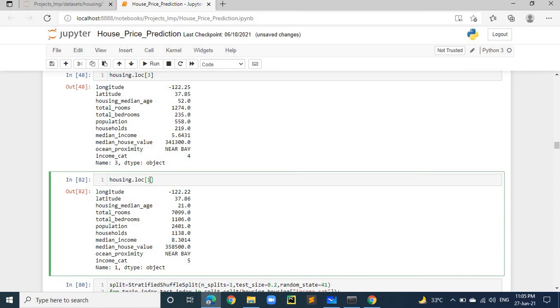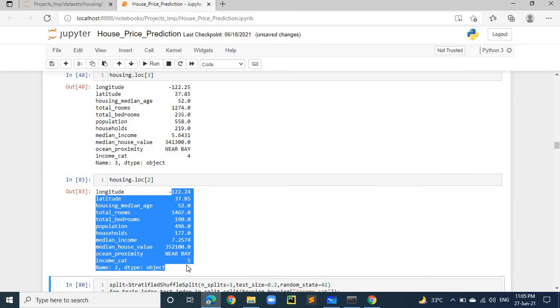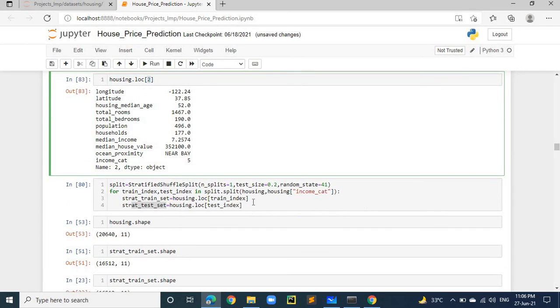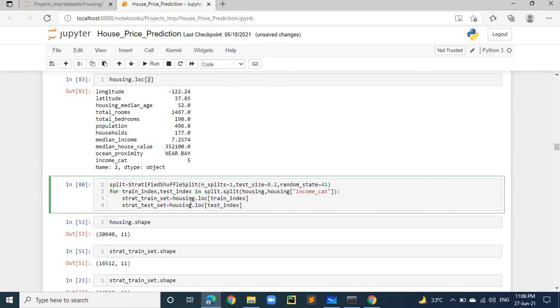If I press 2, it's the second row, the information of row number 2. Similarly, it is index number 2. Similarly, all the indexes I have passed here, train indexes and test indexes, on the basis of that I have created these two tables: strat train set and strat test set.